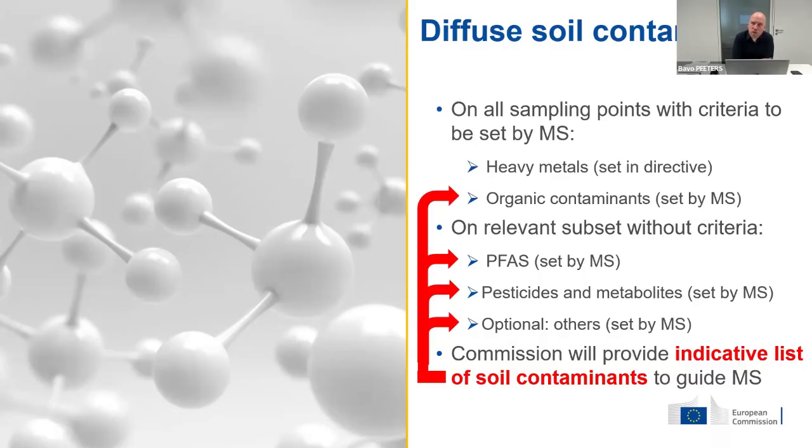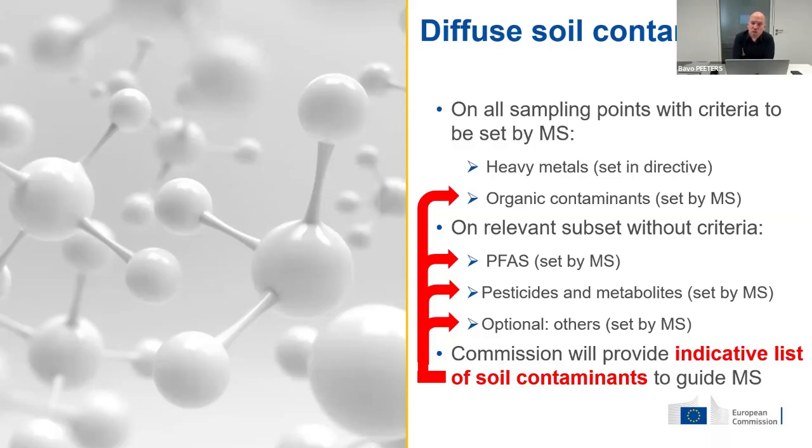And for this first category, so the heavy metals and the selected organic contaminants, member states will have to define so-called sustainable target and trigger values. And these values, the trigger values at least, will trigger support from member states to soil managers to find solutions for these problems. There's also a second category,